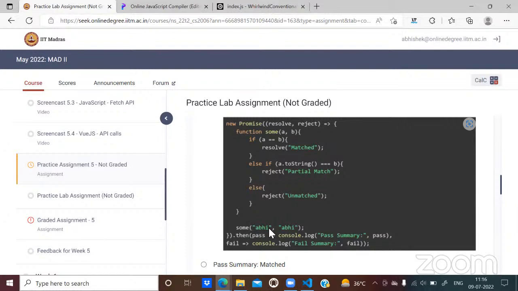You are required to write your resolve function as the first parameter to this then. Doesn't matter whether it is called fail or pass, it is always going to be the handler function for handling the resolution or fulfillment of the promise. So this resolve matched will come here, and it is going to show pass summary matched. This is going to be the output.